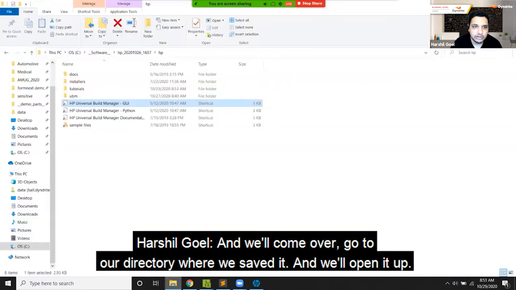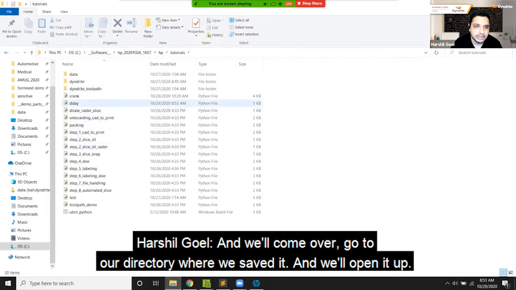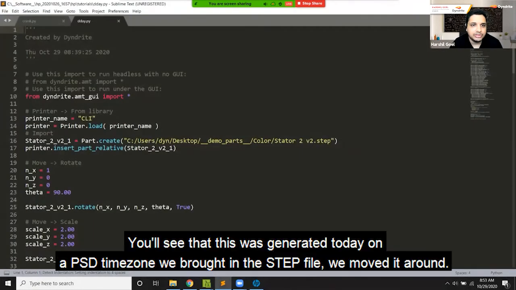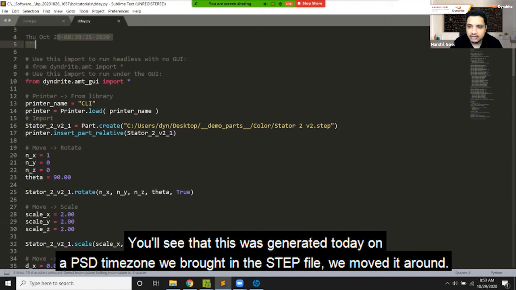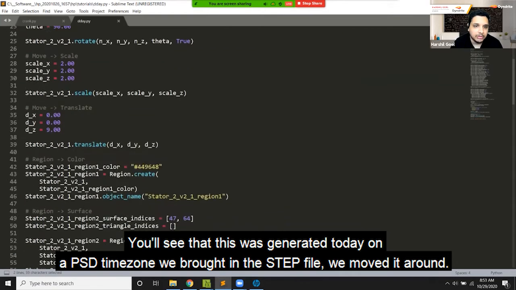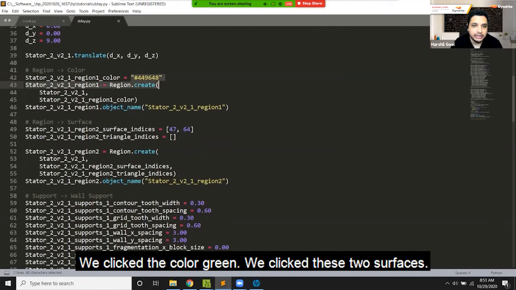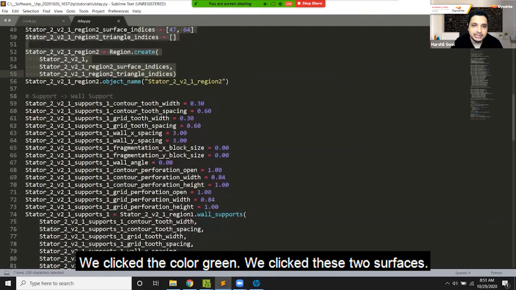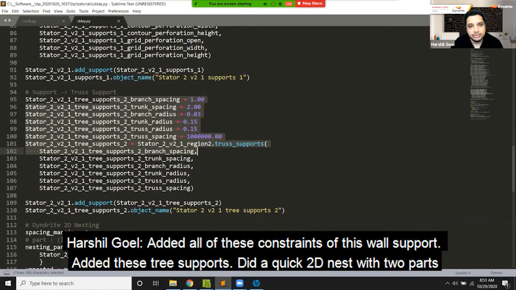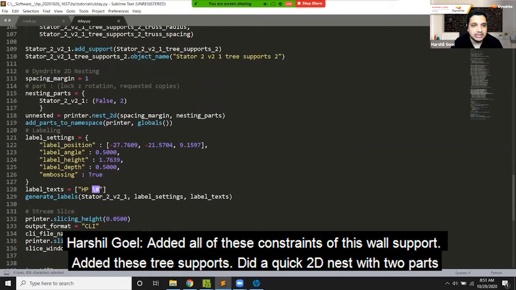And we'll come over, go to our directory where we saved it, and we'll open it up. You'll see that this was generated today on a PST time zone. We brought in the step file, we moved it around, we clicked the color green, we clicked these two surfaces, added all of these constraints to this wall support, added these tree supports, did a quick 2D nest with 2